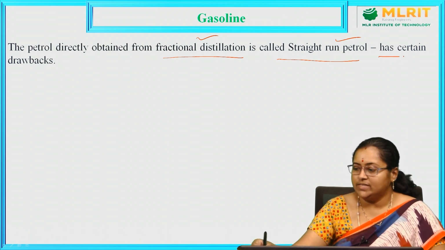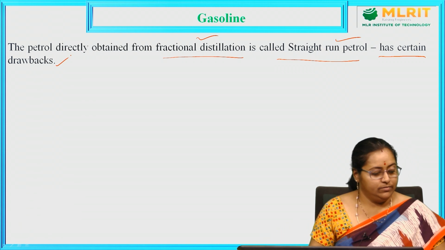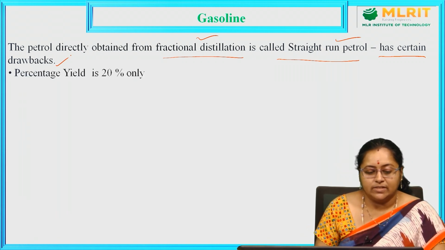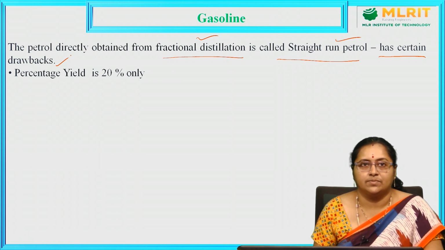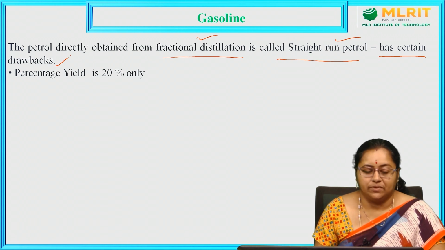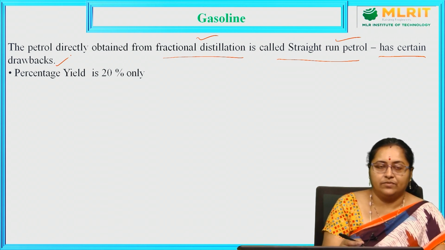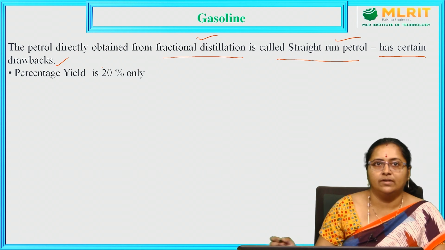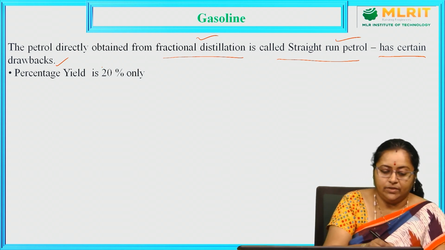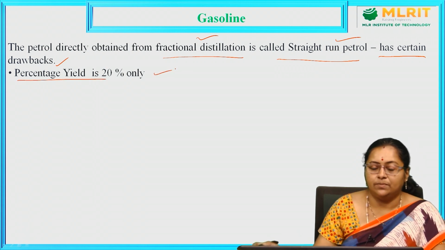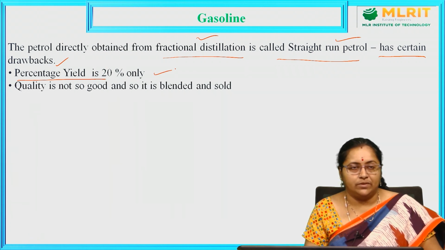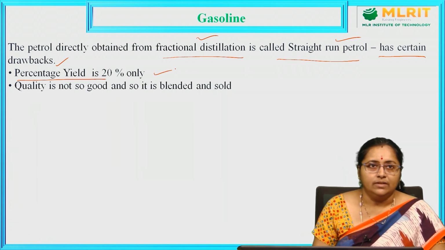So, it has certain drawbacks. Let us see what the drawbacks are one by one. First and most important, it is very laborious and at the same time very expensive, that is, the extraction of crude oil and subjecting it to the refining process. The yield should be more. After extraction is completed, we should get a larger amount of petrol. But if you notice the percentage yield here, it is only up to 20%. So, a very poor percentage yield of petrol from refining of crude oil.